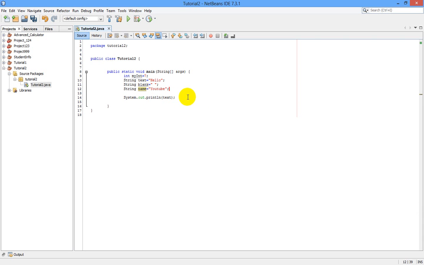Say I can say string greeting is equal to this text variable plus blank plus name.